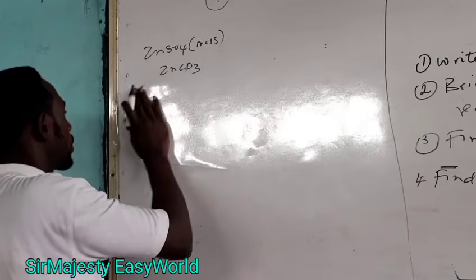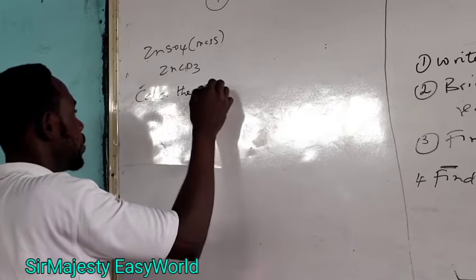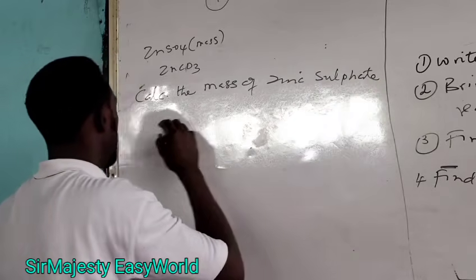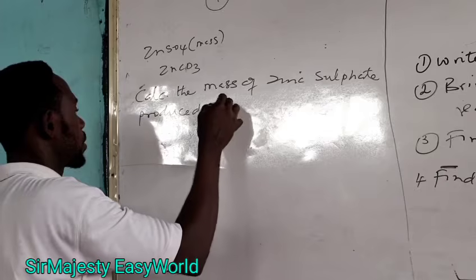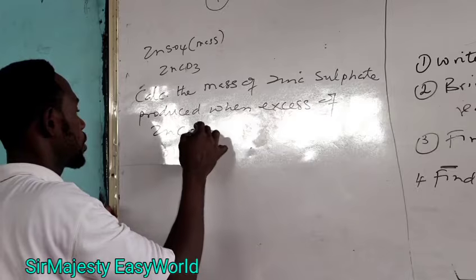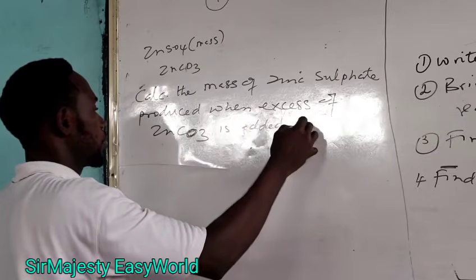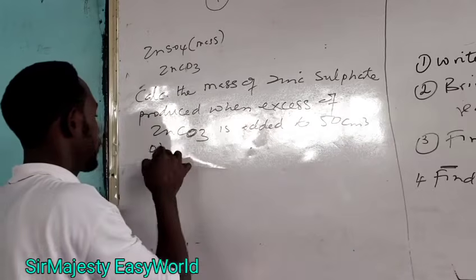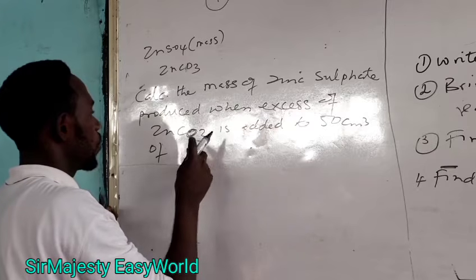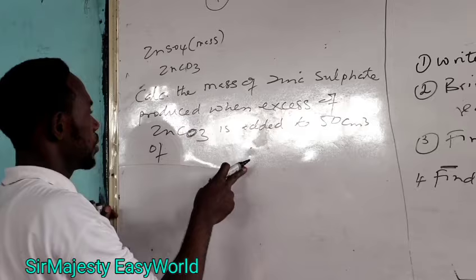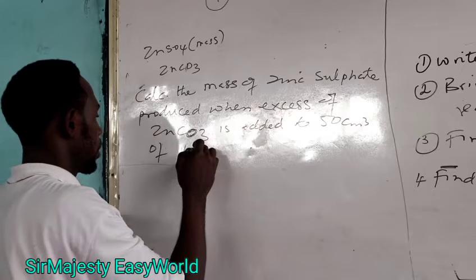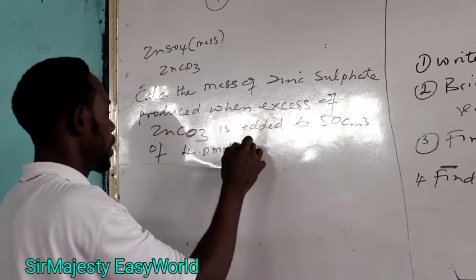Calculate the mass of zinc sulfate produced when excess zinc carbonate is added to 50 cm3 of 4 mole per dm3